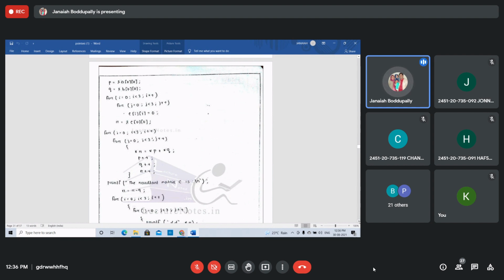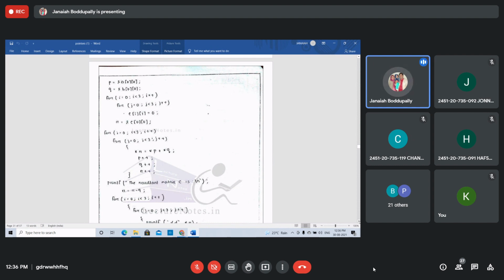In the second iteration, i equals 0, j equals 1. The value will be stored in C of 0 1. A of 0 1 plus B of 0 1 will be added and stored in C of 0 1. This is the next element, the second element. All the process is repeated. Every time you need to increase the addresses also: P plus plus, Q plus plus, and R plus plus. Then only it goes to the next address location. And i j are also incremented. Students, we are getting star R equal to star P plus star Q. Yes, that's very easy. Without writing C of i j equal to, you are using the pointers now.